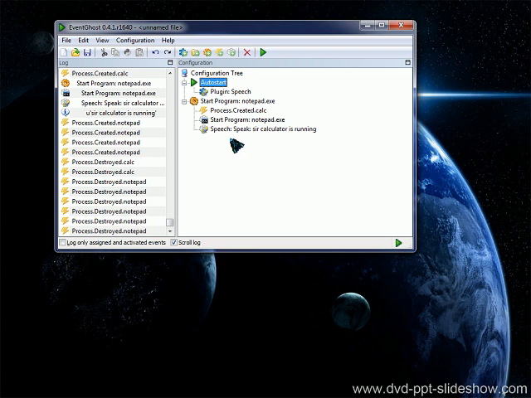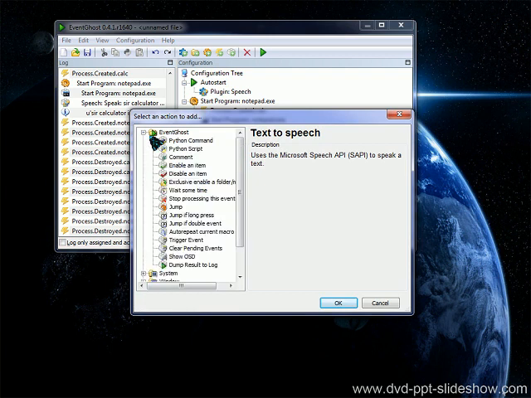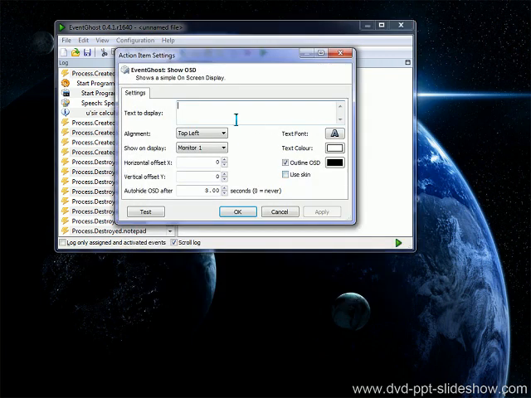So let's try to use that one. Add action. Under EventGhost, it is show OSD or on-screen display. Click OK. Type in 100% complete,